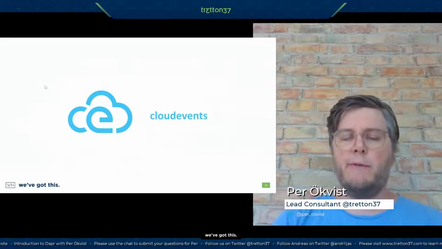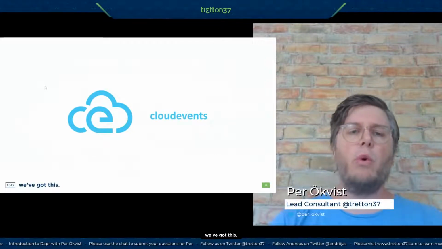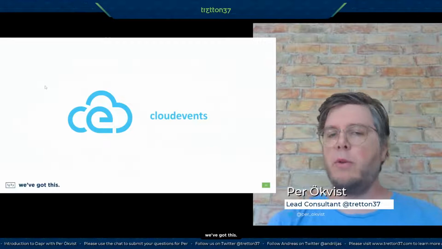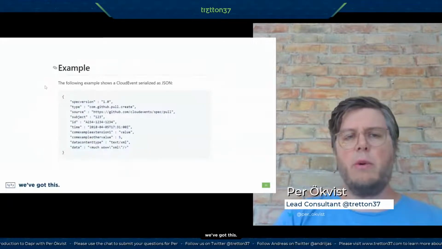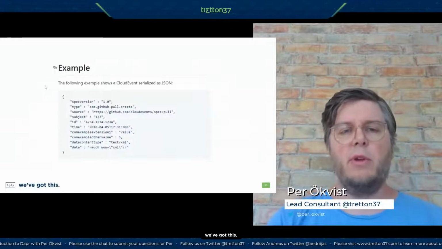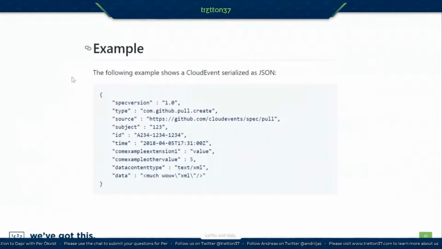And we're going to see a few things moving forward where we are touching on new standards that Dapr utilizes. So CloudEvents is, as I said, an envelope, but a standardized envelope that could have different serialization data, but the specification is still in JSON. And we're going to see how this is used.